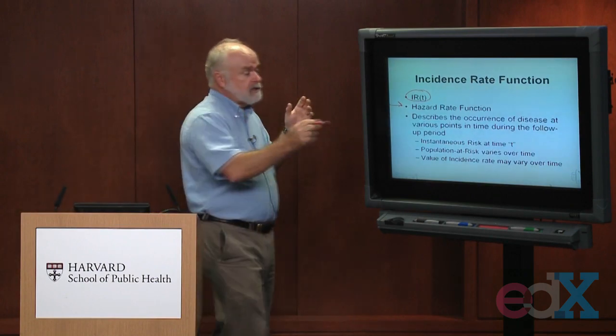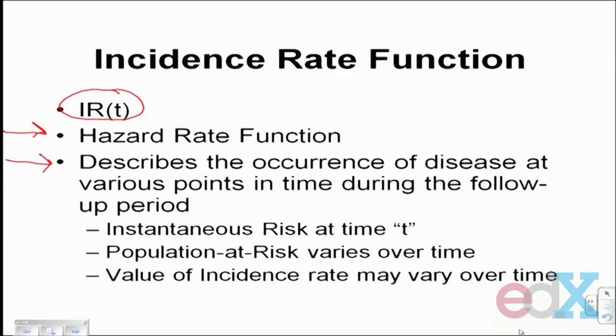And if you ever take a course in survival analysis, you'll see the hazard rate function plays an important role in building survival probability curves or regression models. But whenever you see the word hazard function in a statistical paper, just think of it as an incidence rate function. What it's supposed to describe conceptually is the risk, the occurrence of disease at a particular point in time